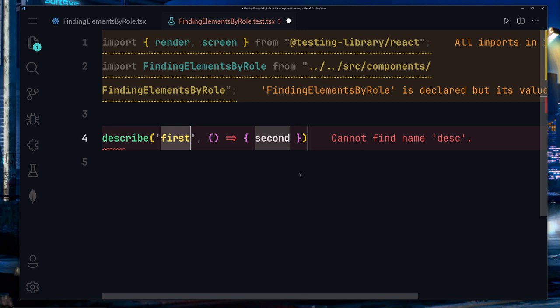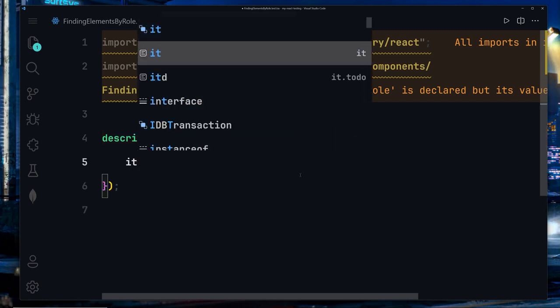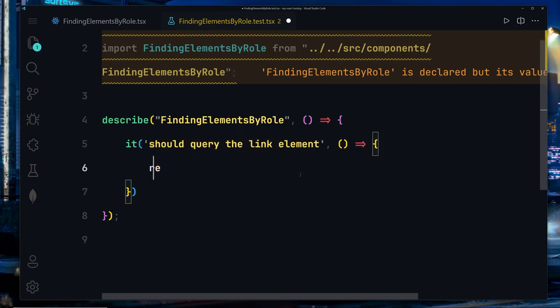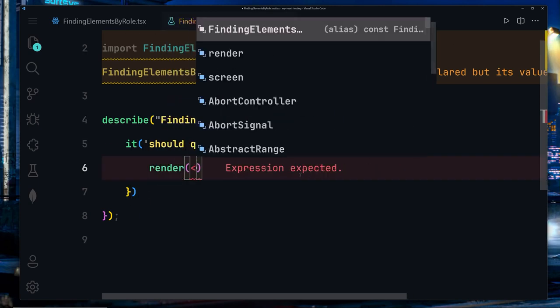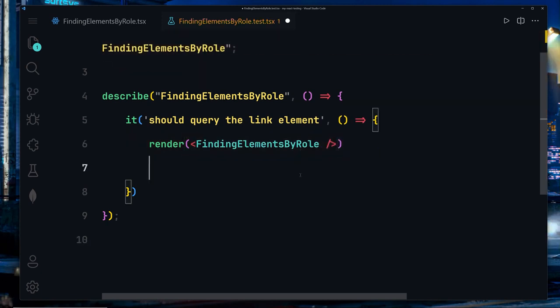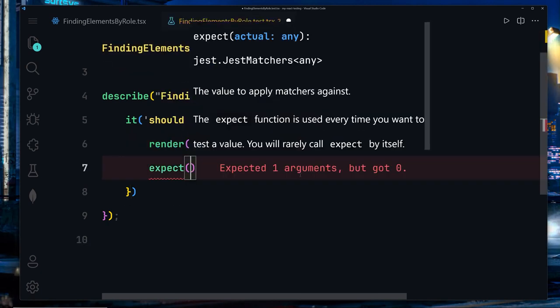Here let's just provide our describe, and we will describe it as finding elements. And I'm going to provide my first test case, which will be: it should query the link element. So how are we going to be doing that? Well, we just have to render our component, which will be finding elements by role. And now let me just execute there,